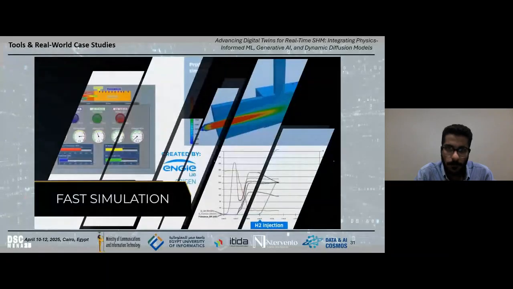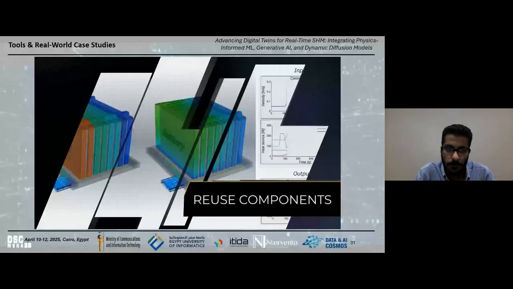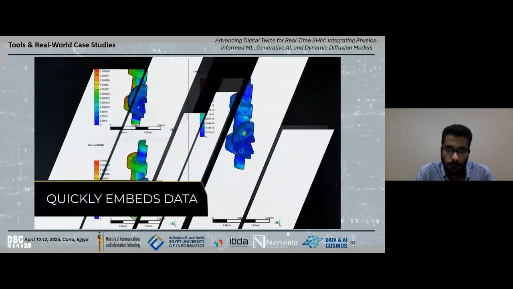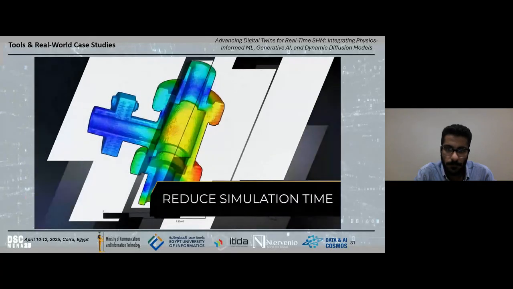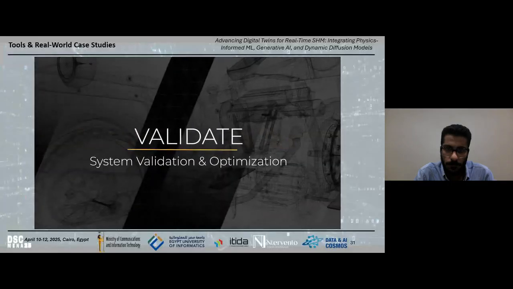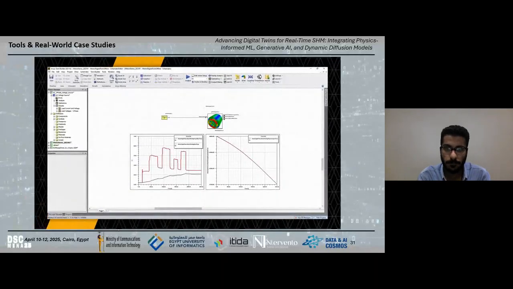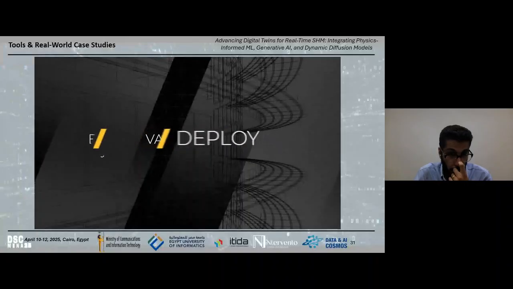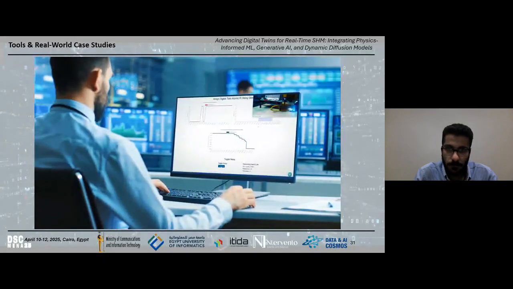First comes build. Twin Builder combines the speed of system-level simulation with the accuracy of physics solvers and allows the reuse of existing components through reduced order modeling. ANSYS Twin Builder quickly embeds performance information, cutting run times from weeks to hours. Second is to validate, combining multi-domain systems simulation capabilities with systems validation and optimization.